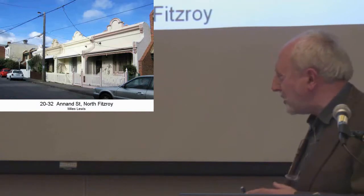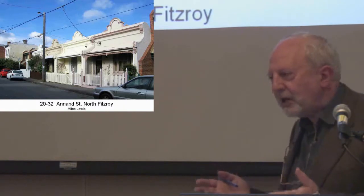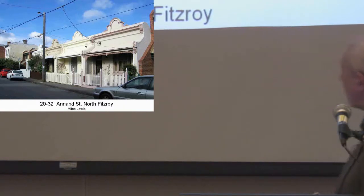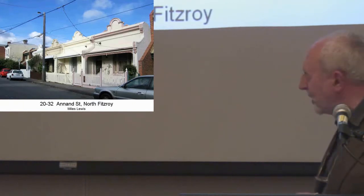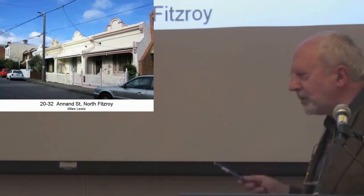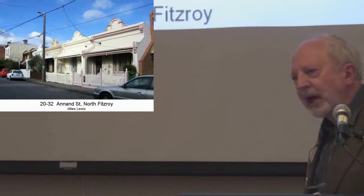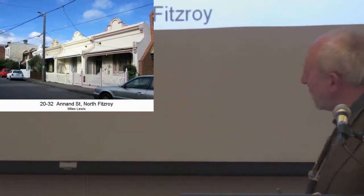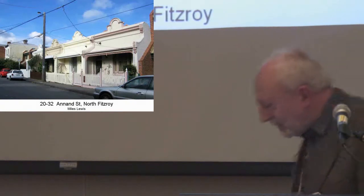And when you go to the tenders, many of these places were built by people who called tenders and were called architects, but had no real training. There was no control over the use of the word architect. And these were very much like the work of Olaf Nicholson. And Olaf Nicholson and Norman Hitchcock were two people who built a number of buildings, I'm sure across North Fitzroy and certainly across Carlton and Collingwood and elsewhere, especially in the 1880s, and were really jumped up carpenters, essentially, if I may, as an architect, use a rather snobbish term. And how they got